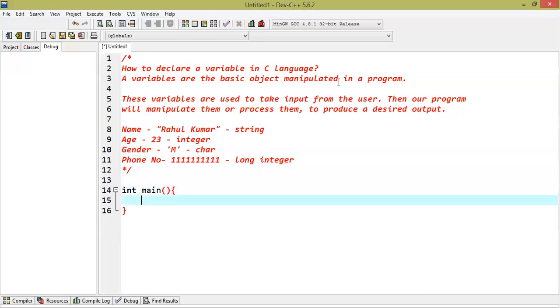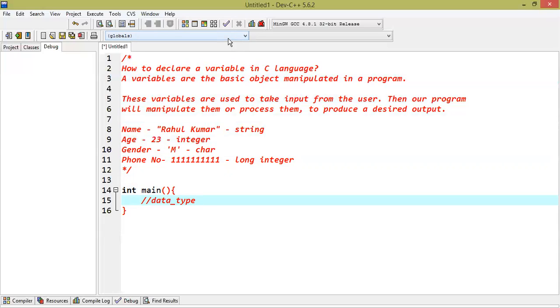Okay, so to create a variable, we need to follow a few rules. We should follow those rules when you're doing programming in C language. First rule, the syntax to create a variable. Syntax is something like this. A data type should be there.